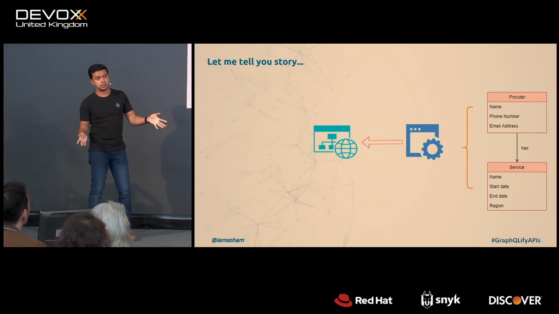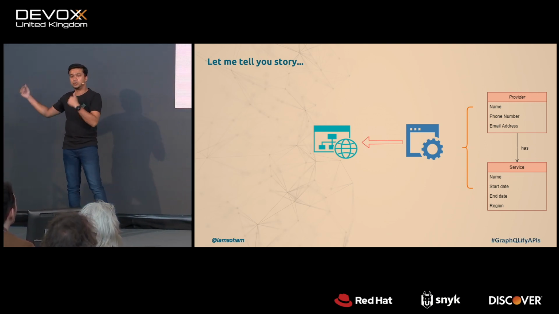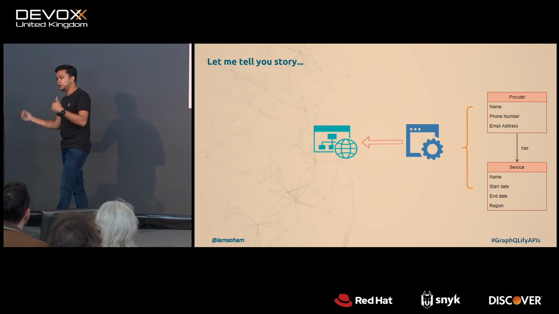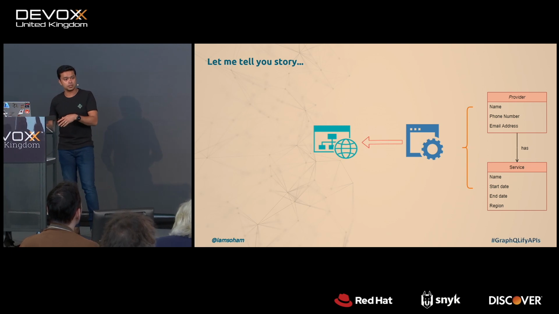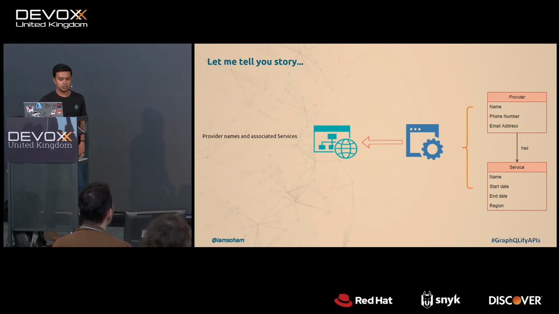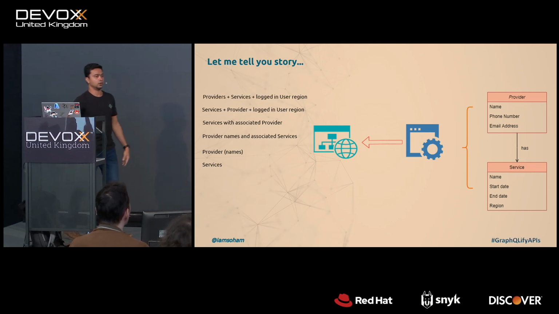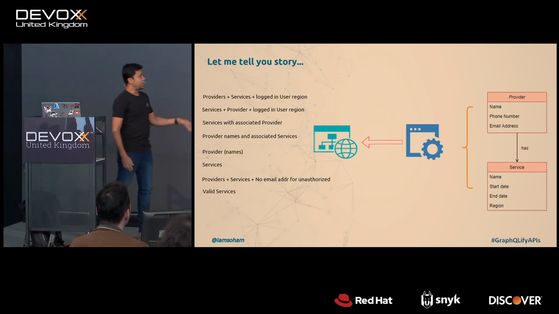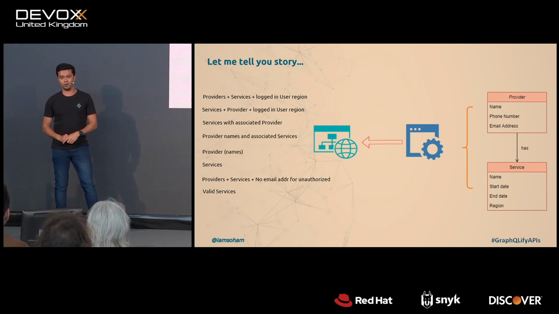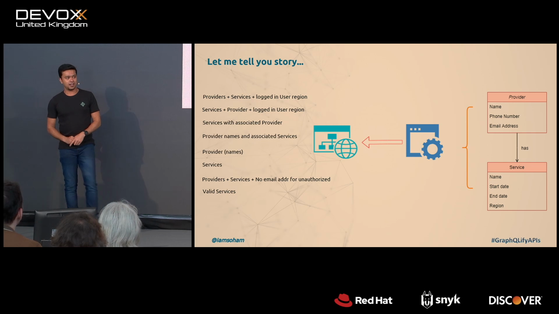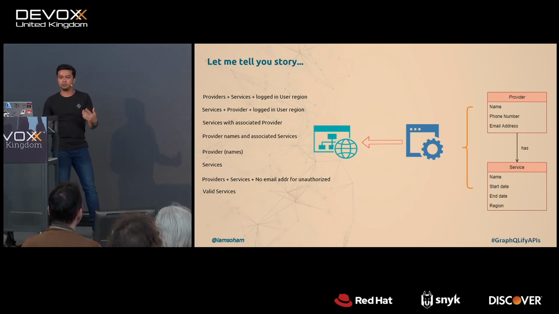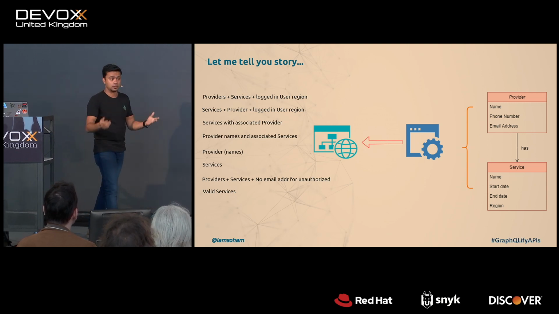There were different pages in that application where we wanted to only show services, where we wanted to only show providers, where we wanted to show providers along with their services. We wanted to show services along with their providers. And you know what? The requirements go on and on. And then we ended up, seriously speaking, with 10 endpoints on that microservice. It also changed a bit because we wanted to show some information when you are not logged in, just landed on the home page.